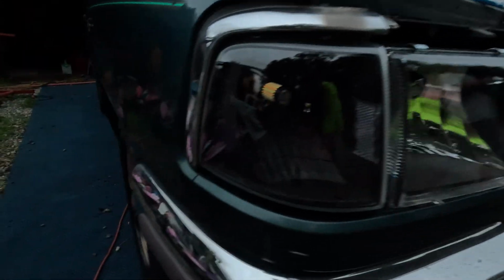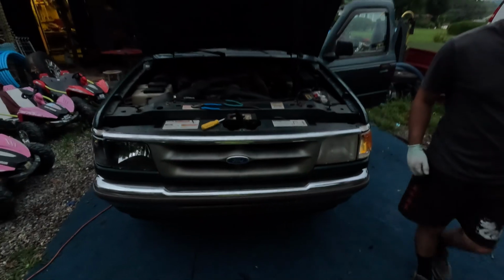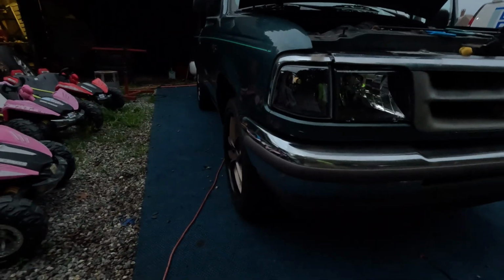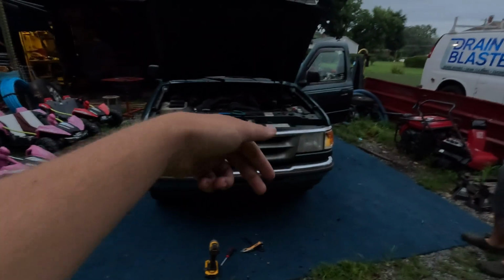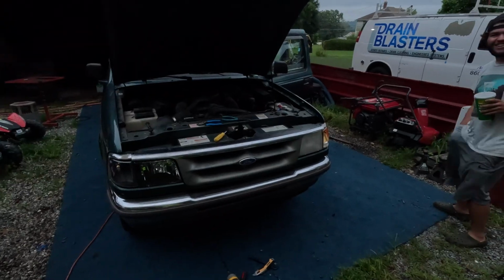So housings look absolutely incredible. Hold on, we're gonna mock up the grill. So with the grill on, look how much cleaner that is right off the rip. Look at it. Yeah, this thing's gonna look absolutely killer. So we're not gonna show you guys how to take this apart, but it's very simple. There's some tabs on the back side. You pull it off, take the blinker off first, and then the headlight, and then tomorrow I'm gonna